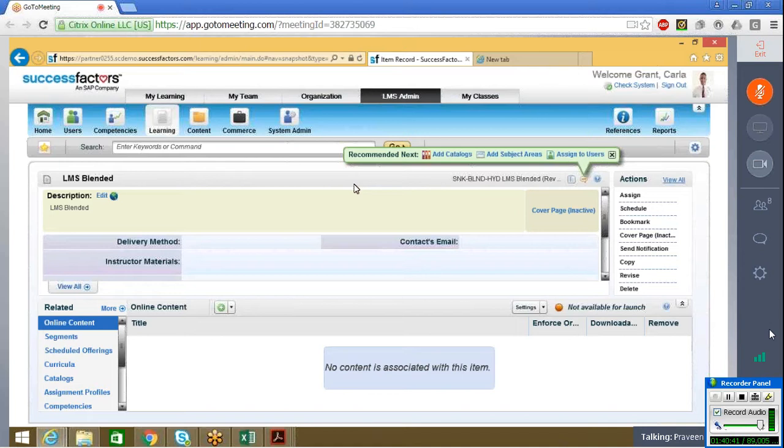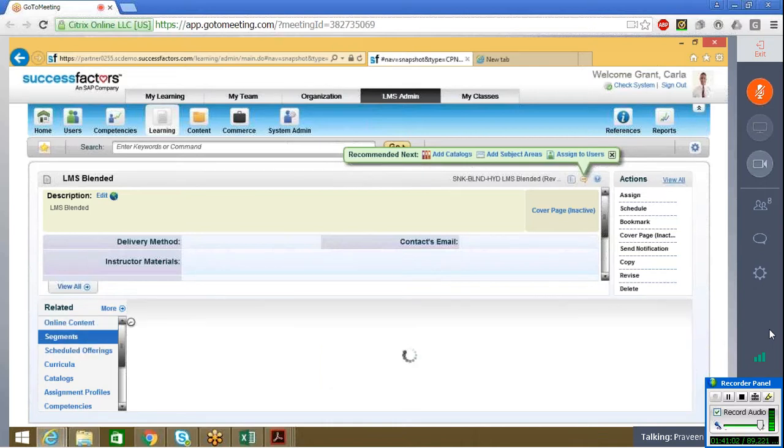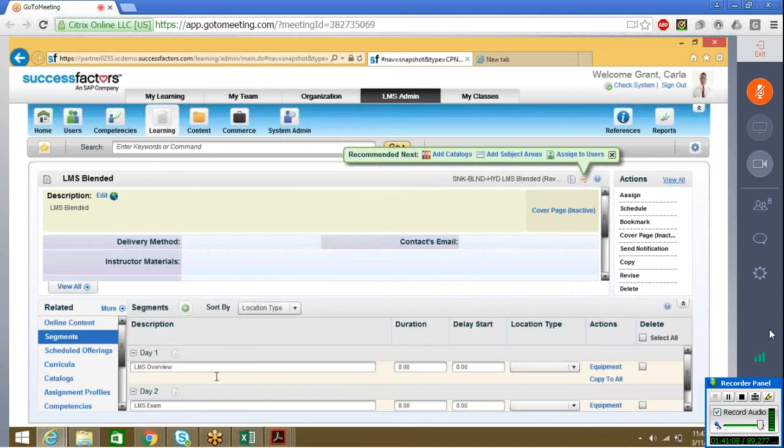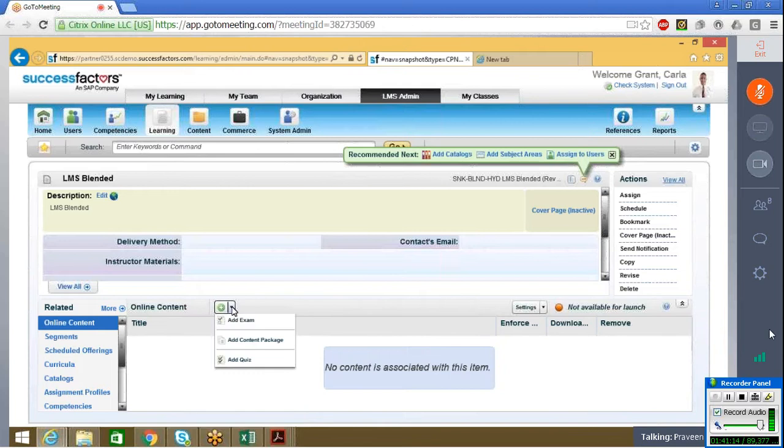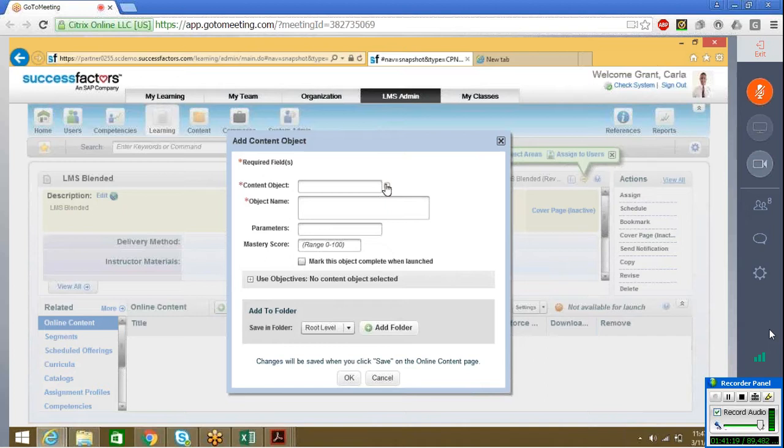When it comes to blended, it will have segments as well as online content with them, because it is a combination of ILT and online content. Because ILT has segment and schedule options, we are also going to have segments and online content with them. So we created an item classification called blended, and we went to segments and we have our 2-day segments first. Coming back to our online content, we will be saving the online content which we have created,